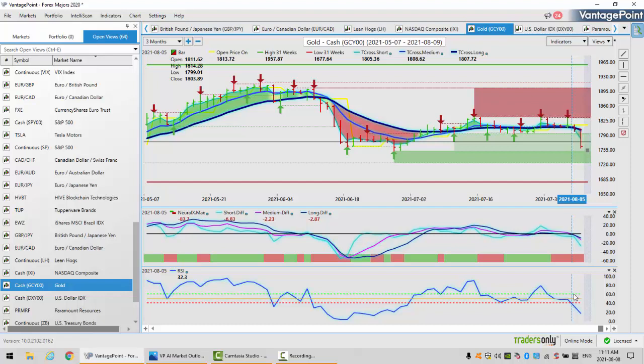Now you'll notice I've modified this RSI to a 9 period, and I've also changed the overbought and oversold from 80 and 20 or 70 and 30 to 60 and 40. I'm not interested in any kind of overbought, oversold. I'm looking for momentum. Case in point, if we look at the last time gold had this significant sell-off, you can see that the RSI broke down below 40 and it stayed below this level for quite some time. And only when the slope changed and we started to break above the 50 did gold recover. So again, we'll be watching this one very closely, but clearly there's a bearish undertone to it to begin the week.